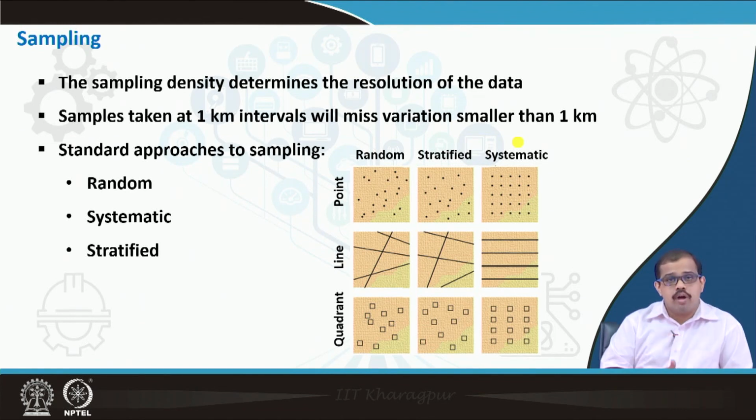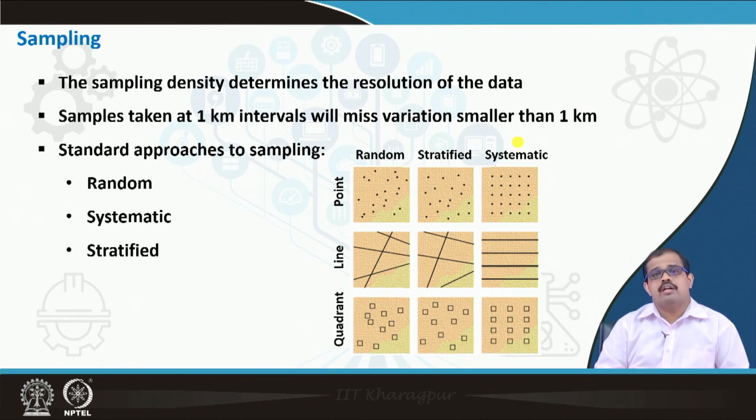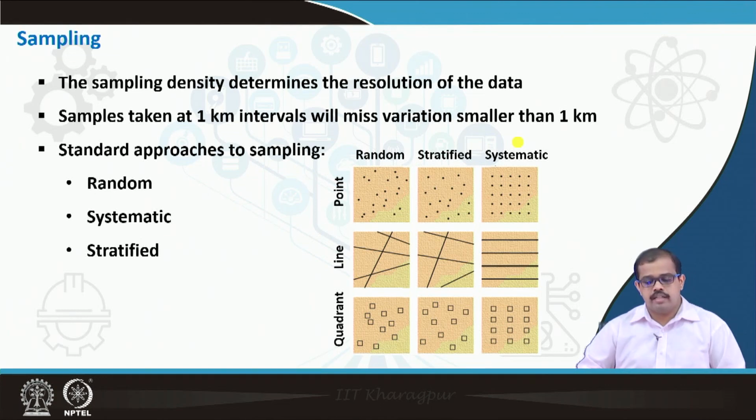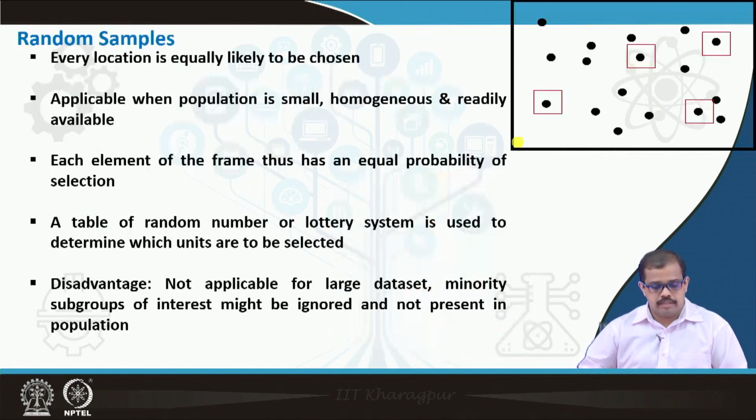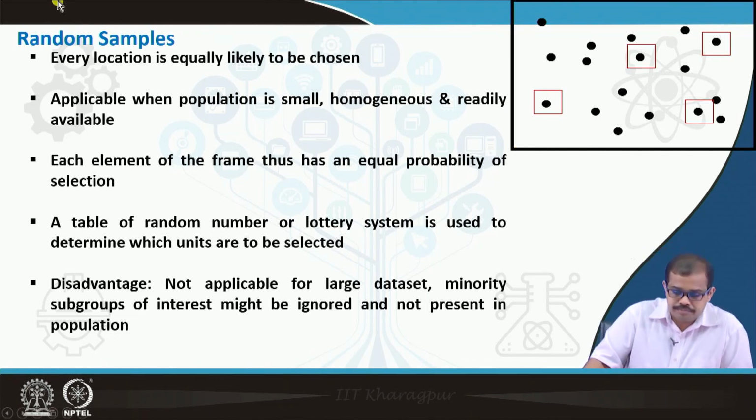So, look at what kind of sampling you need, what is the smallest size that you have to capture and what is the largest size that you have to capture, what are the different variations in your data set. If you are trying to do that, then you have three types of sampling. One is random sampling, another is systematic, and the other one is stratified. So, we will look at each of these sampling in detail. For example, the first thing is random sampling.